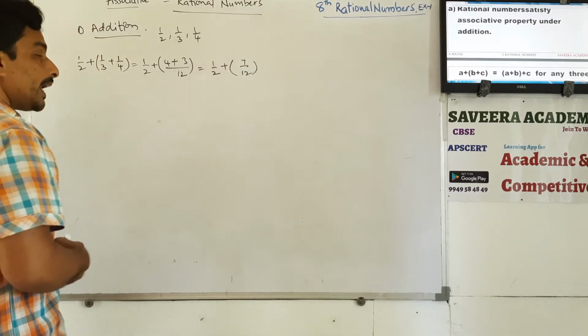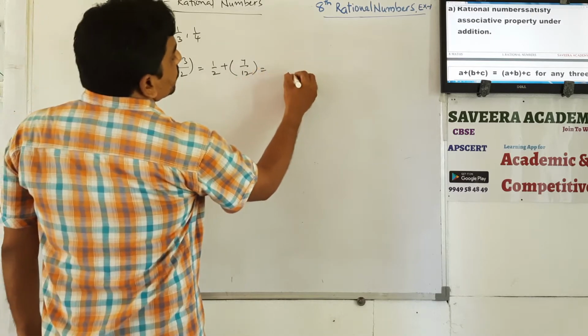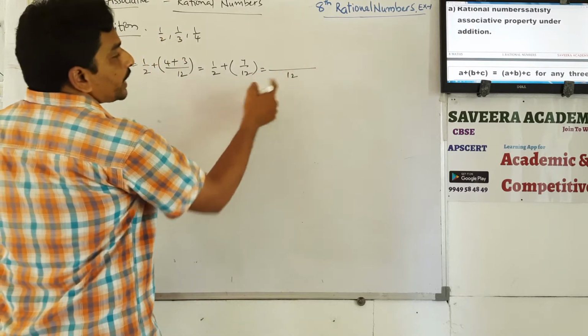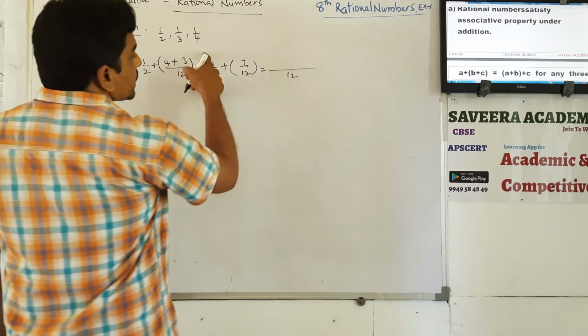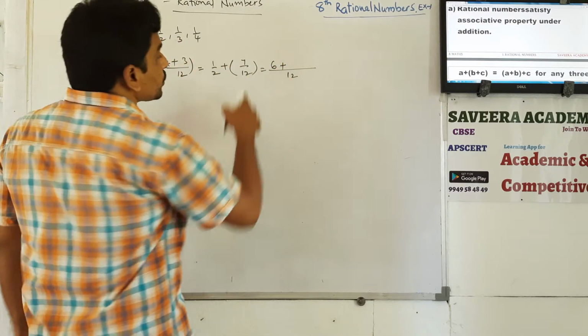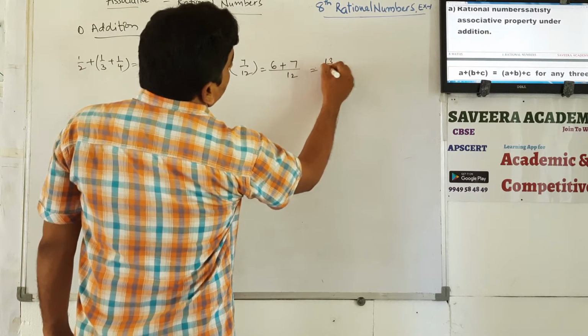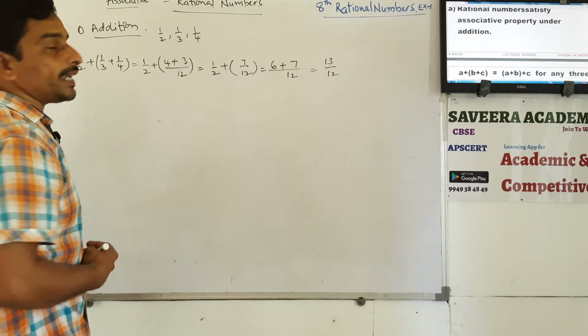Okay. Now again you have to finish this. This is equal to, 12 is the LCM. 2 in 12, 6 times goes. 6 1s are 6, plus 12 in 12, 1 time goes. 1 into 7, 7. 6 plus 7 value 13. 13 by 12. Keep it like that.